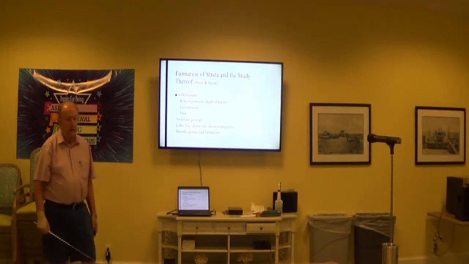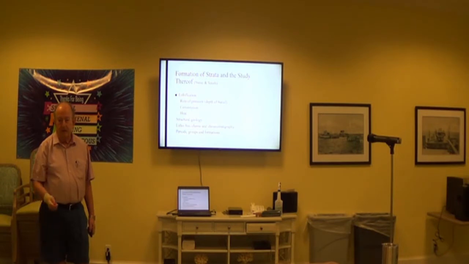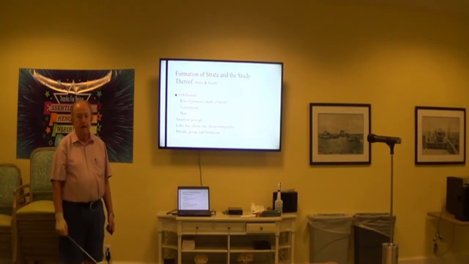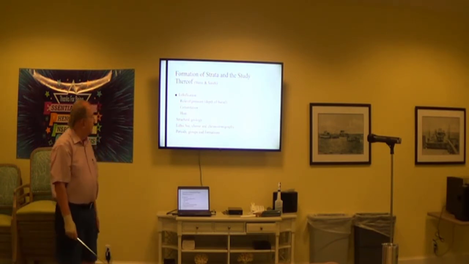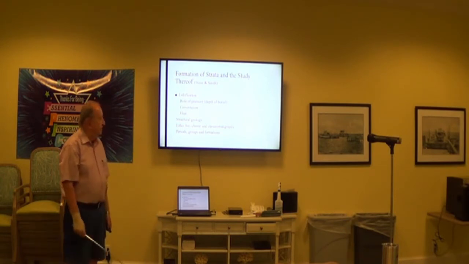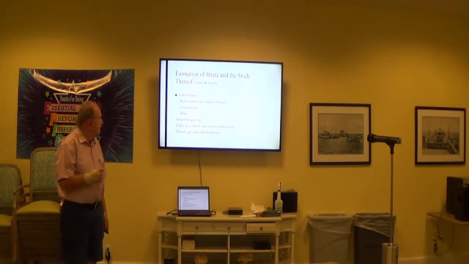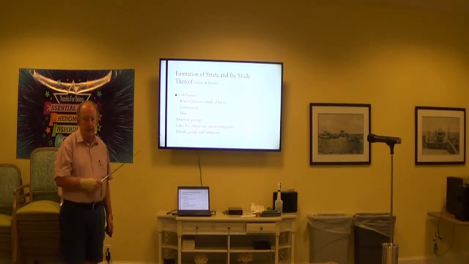Cementation is when solutions are migrating through the pores of the rocks. Some of them move very slowly in the fine-grained rocks like shales, and shales are composed of clay minerals, and they're very fine-grained, and the movement of water and solutions of cementation materials is very slow. Sandstones can move much more rapidly. And the cementing material can be calcium carbonate, I talked about before, can be iron